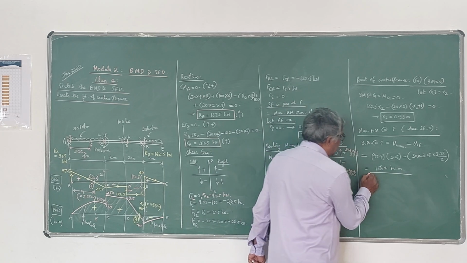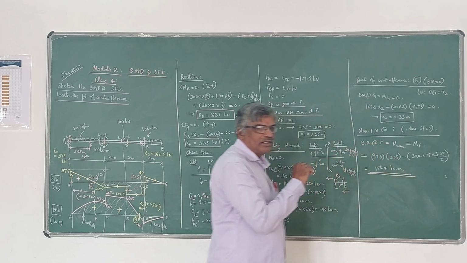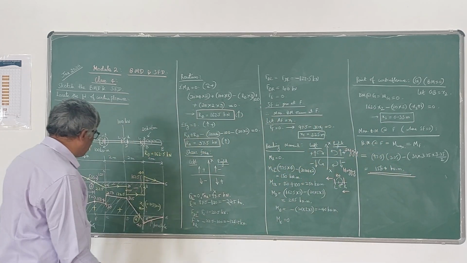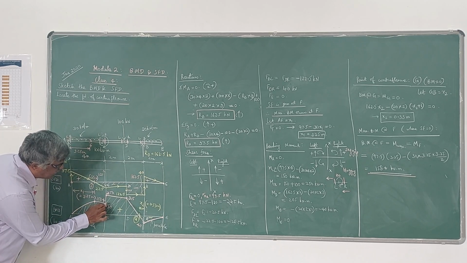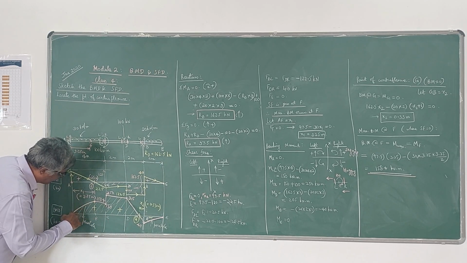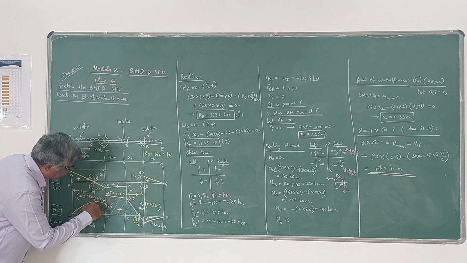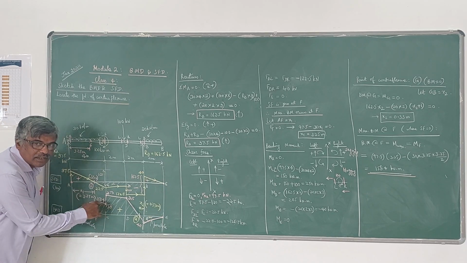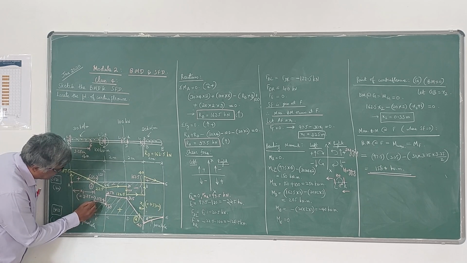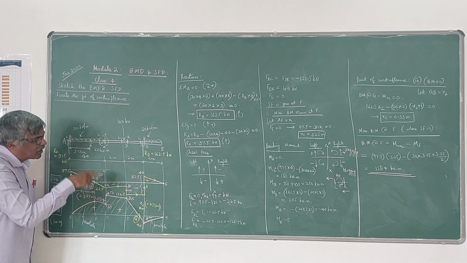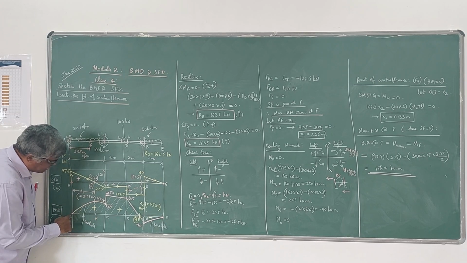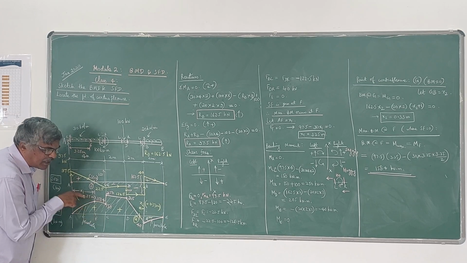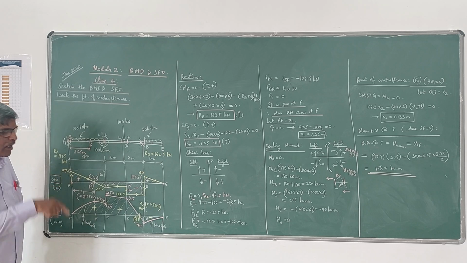So if you simplify that, 158.4 kilonewton meter, we are going to get. That is the maximum bending moment, positive bending moment, which we have to show here. Now here it is 150, here it is 158. Therefore, the parabola will increase, then it rises, then it falls. Please observe here. So after finding the maximum bending moment, you have to draw this parabola. So it increases from A to F, then from F to C it decreases, the parabola falls.